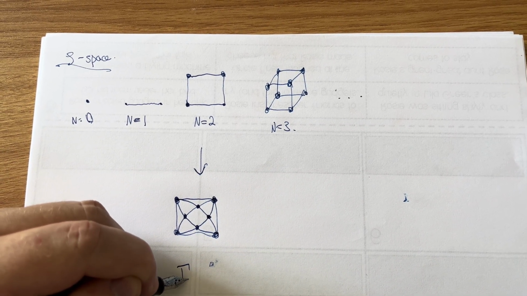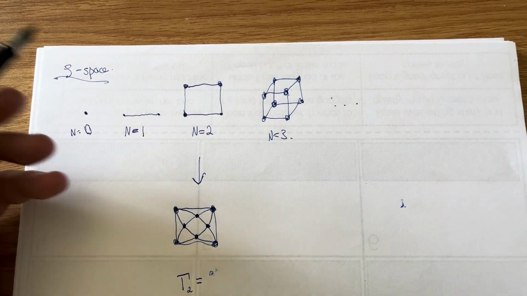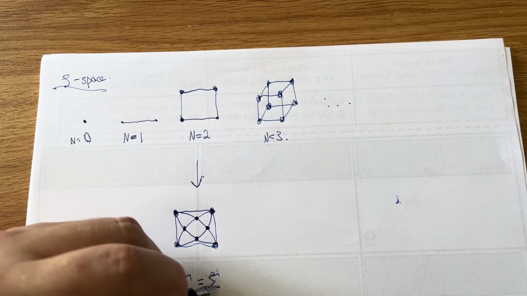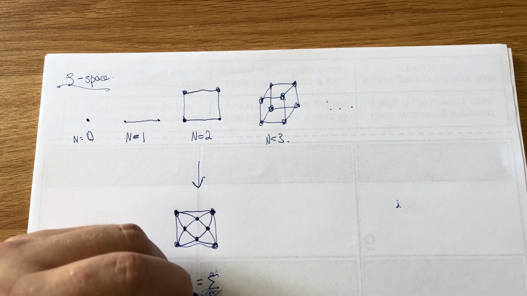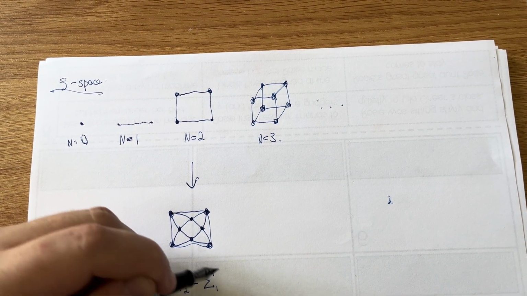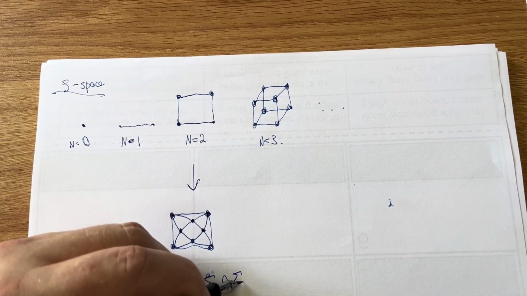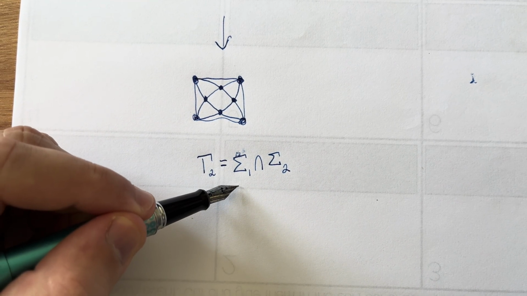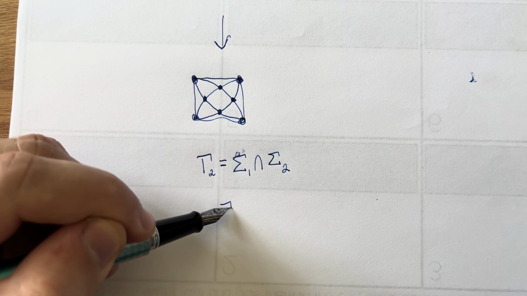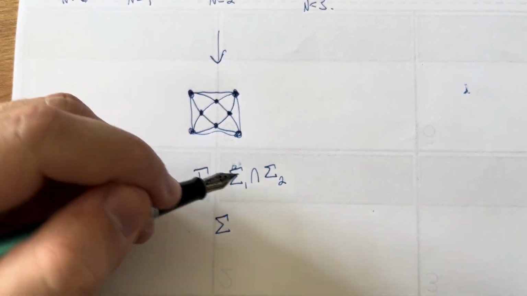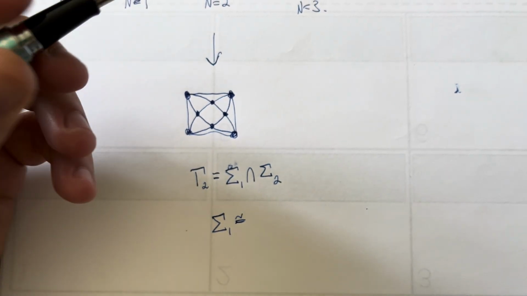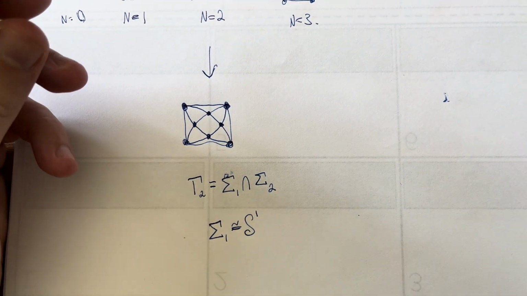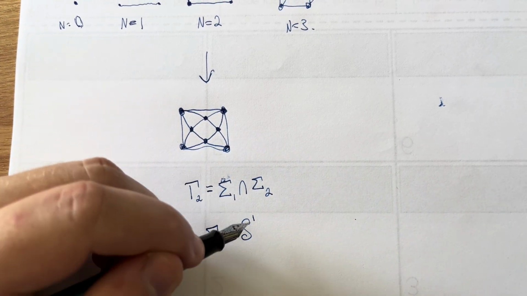So we'll denote that to be gamma 2 equals, let's say, sigma 1 intersect sigma 2, where sigma 1 and sigma 2 are just basically homeomorphic, or topologically spheres, or non-spheres, circles basically, with cone points. So have that,